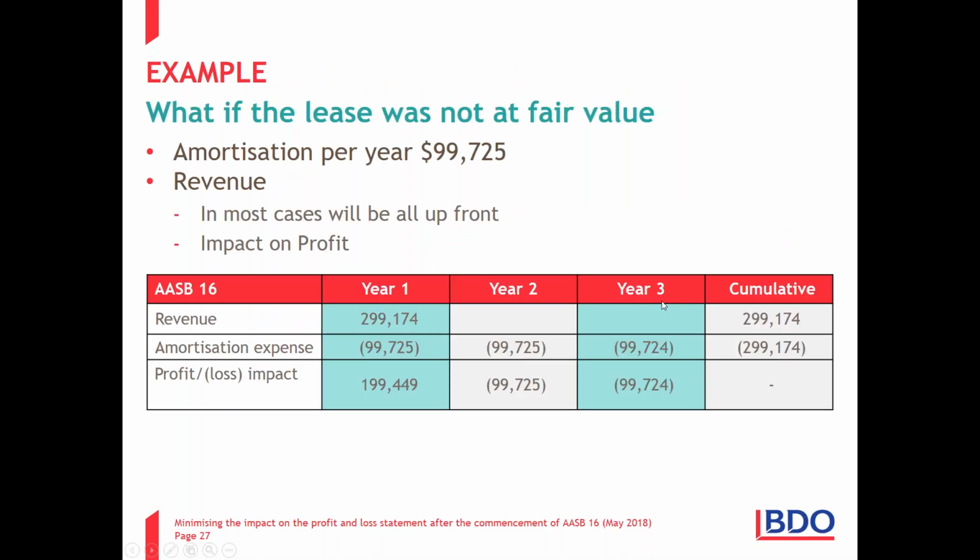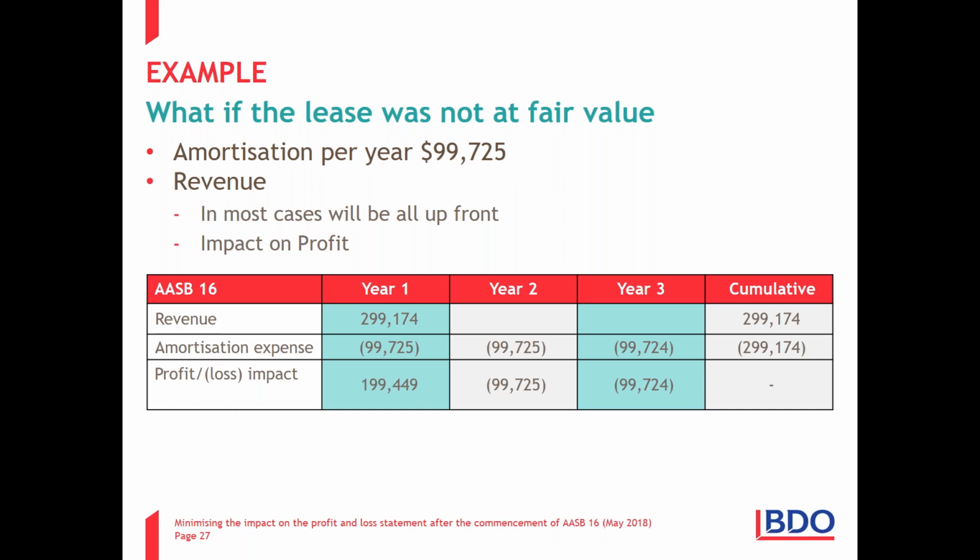So getting back to the example we're talking about. The impact on the financial statements in relation to where there's no lease payments would be, once again, an amortization expense of $99,725 a year for the 3 years, which is that right to use asset. But due to the complexity of determining if you have that sufficiently specific performance obligation, the revenue is likely to be recorded upfront on the date of entering into the lease arrangement,